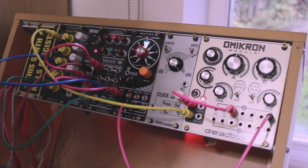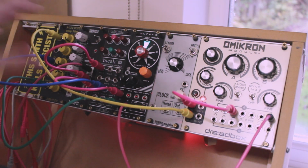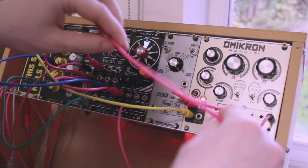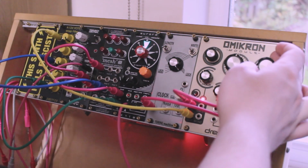The other main thing I do is set up a sort of weird FM drum patch, which I might show in another video. But for now, I'll just show you some of the other stuff I can do with this system based on this patch. So if I clock the Turing Machine with my second oscillator, set as a sort of LFO,